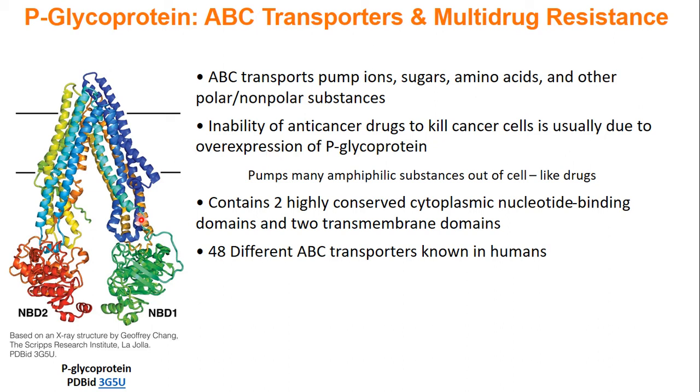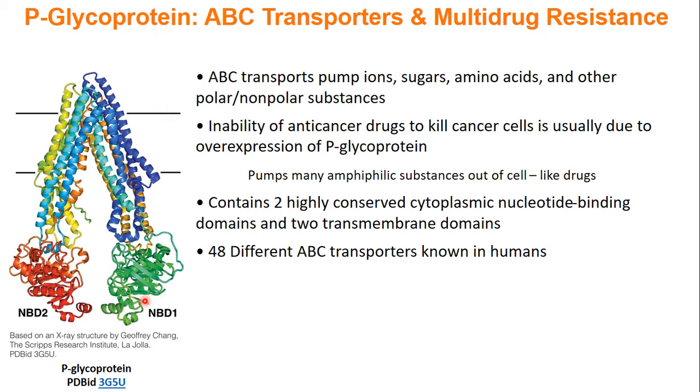That's because this transporter will pump out amphiphilic substances. Well, cancer drugs, or anti-cancer drugs, are usually amphiphilic substances. So cancer cells overproduce these. So if you try to give a cancer cell a drug to kill it, it's just going to pump it right back out again. The way that this works, the way how a lot of ABC transporters work, is that